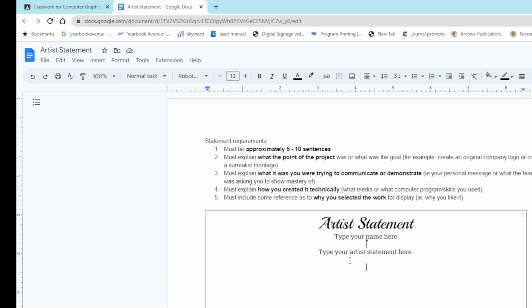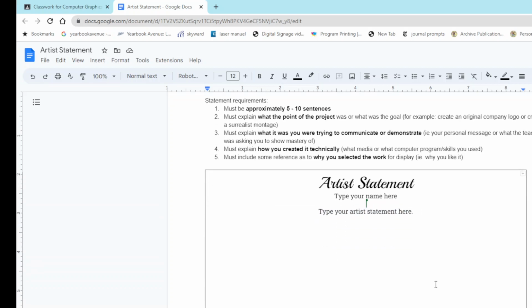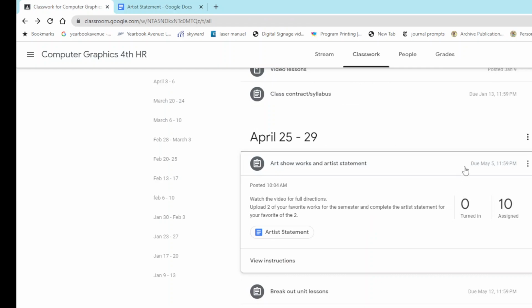That's just a suggestion. Leave this where it says artist statement, where it says type your name here. That means highlight it, type your name in there, right? So first and last name, and then this is where you put your artist statement. If you want to change your color or your font, whatever you want to do, that's fine, because this piece of paper is going to get printed out and it will get hung next to that one work that you selected as your favorite. All right? And then when you're done, make sure you submit it, and then that's